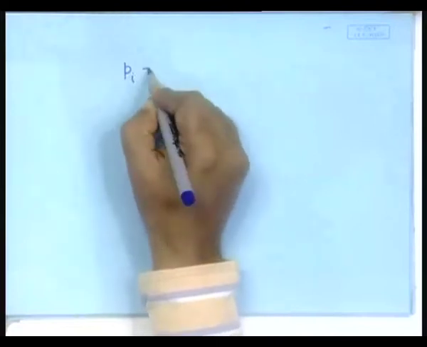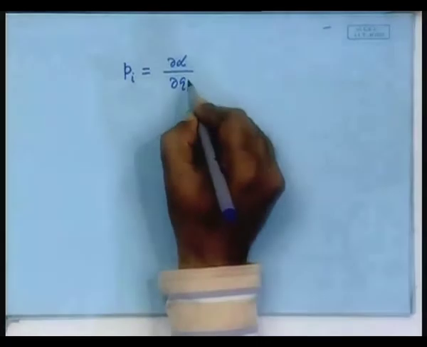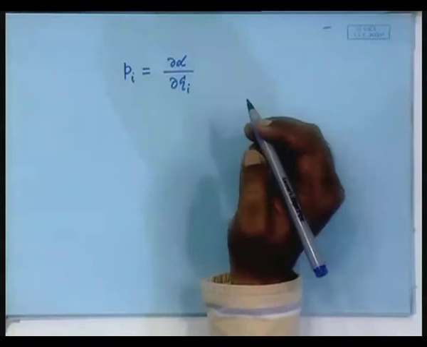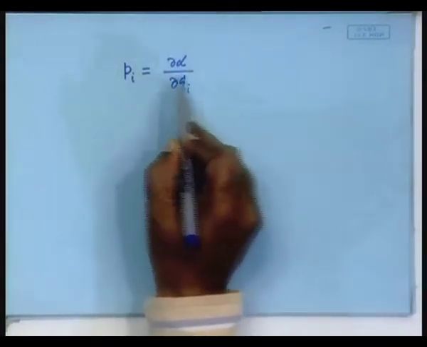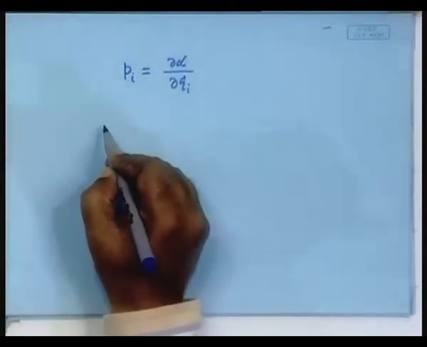Towards the end of yesterday's class, we learned one basic mechanism of deriving the first order differential equation, and we said that we will define the new set of coordinates as P I, which will be the derivative of the Lagrangian function with respect to Q I dot. So, that is how we defined it, and then if you define this, then the time derivative of this term is nothing but P I dot. So, your Lagrangian equation becomes